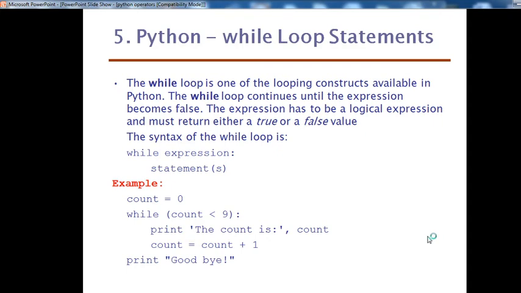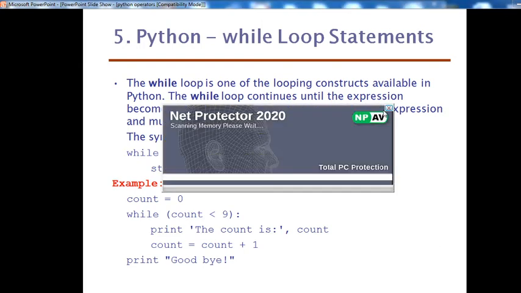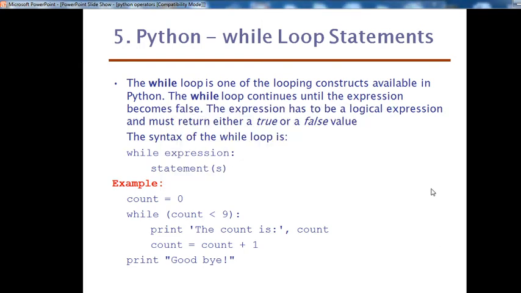While count less than 9, print "The count is:" and count, then count plus 1. Finally print goodbye. That is simply defined using that syntax: your while condition defines the expression, and your statement. What is your statement? The count is count plus 1.